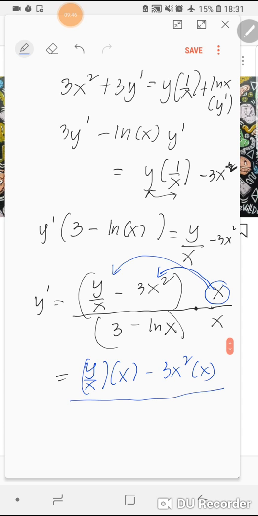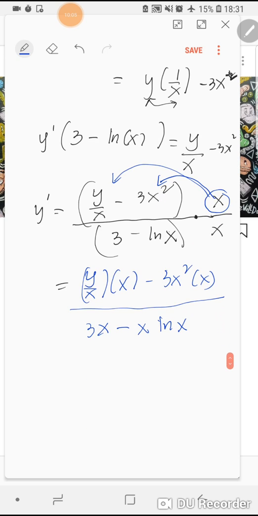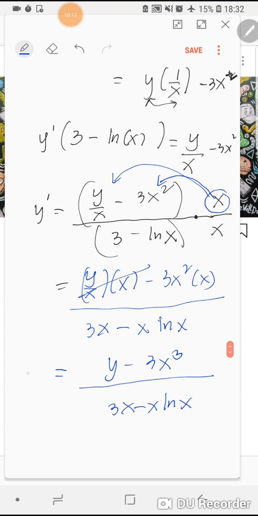Same thing with the expression in the denominator, 3x minus x ln of x. Let me just write that down properly, x ln of x. So this can further be simplified: y minus 3x cubed over 3x minus x ln of x. That would be your dy